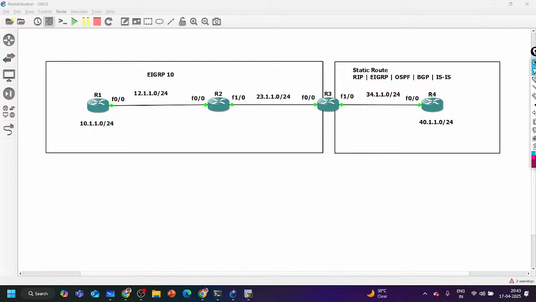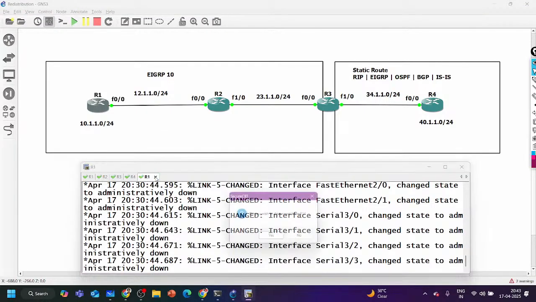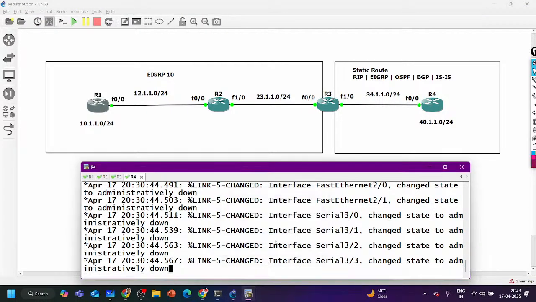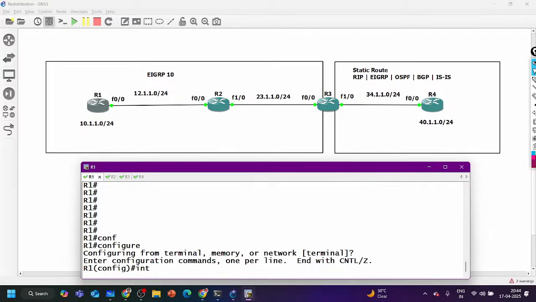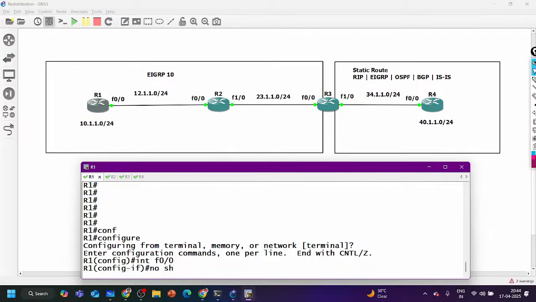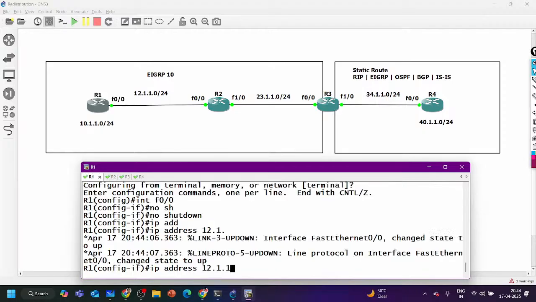Clear, guys? Can we see the implementation first, the basic implementation? After that, we'll move to advanced redistribution. Let me access it, already there. Let me configure the devices very quickly. Start from router 1, interface F0/0. Till then, if anyone has any question, when I'm configuring these devices, you can ask.